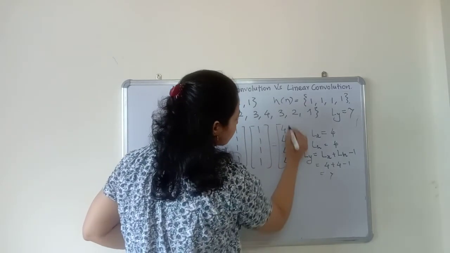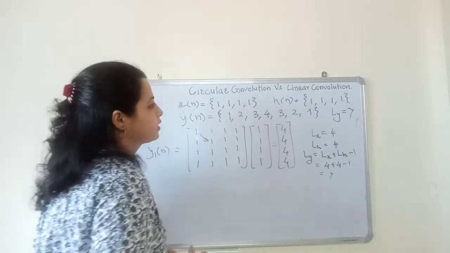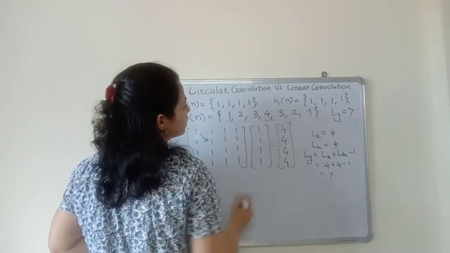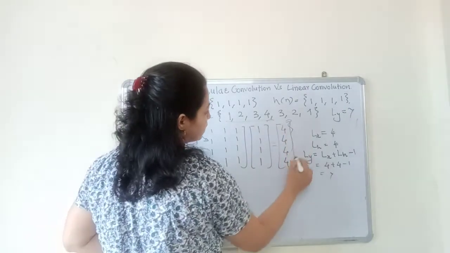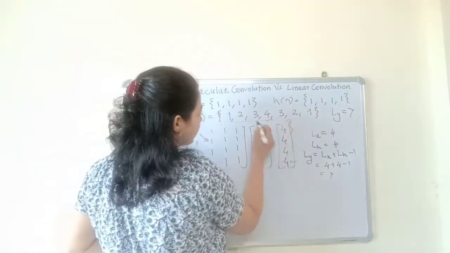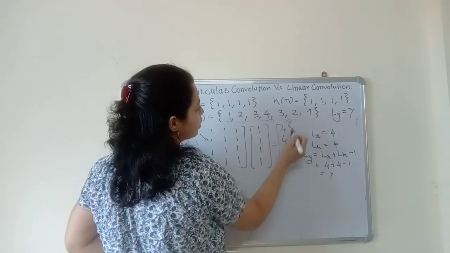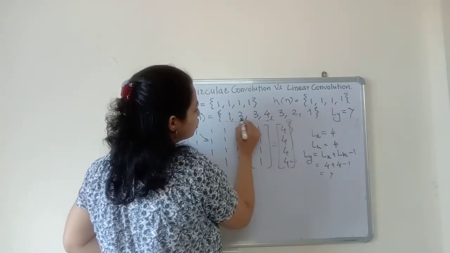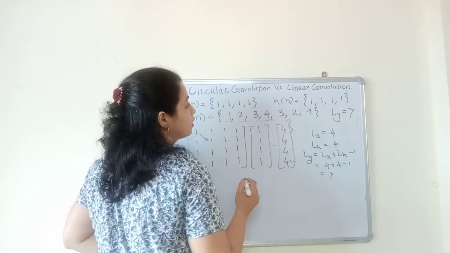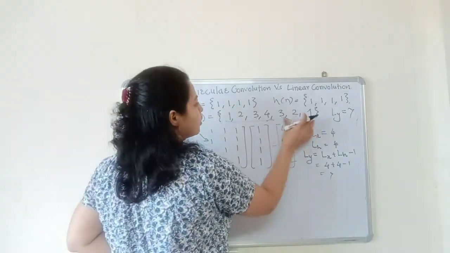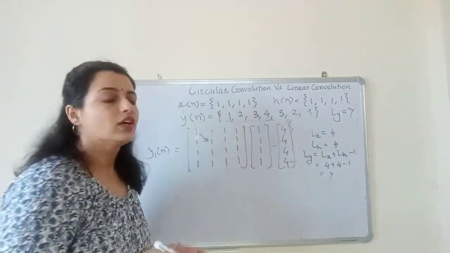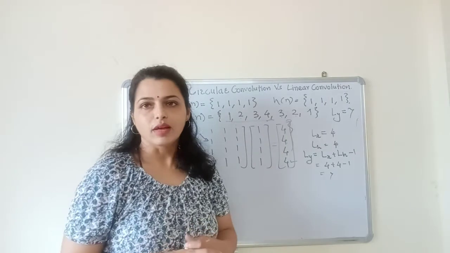So all the samples are going to be this. Now check the first 4 samples. Only this sample is matching. These 3 samples are corrupt because this 1 is added into this 3 to get 4. This 2 is added into 2 to get this 4. This 3 is added into 1 to get this 4. So these 3 samples are not coming. This is circularly shifted and getting added into these 3 samples, so these 3 samples are corrupt samples.